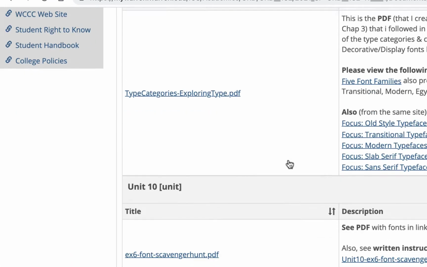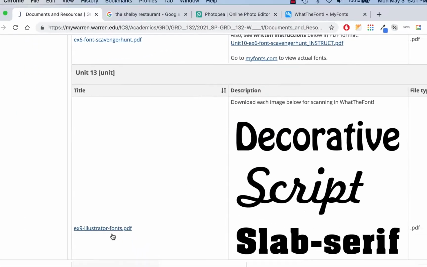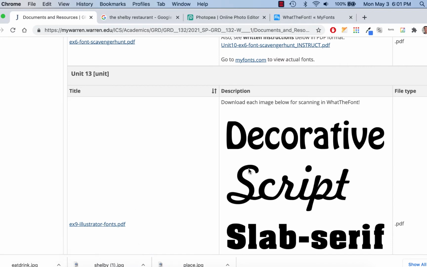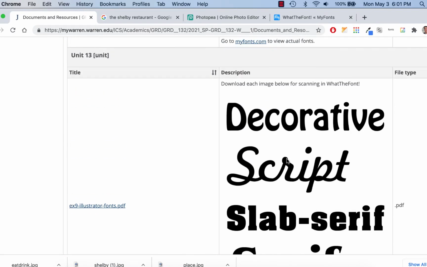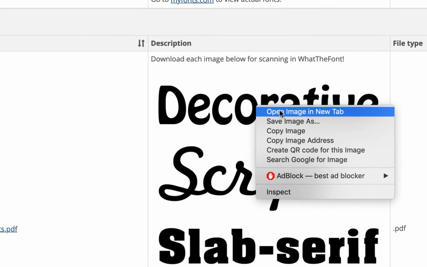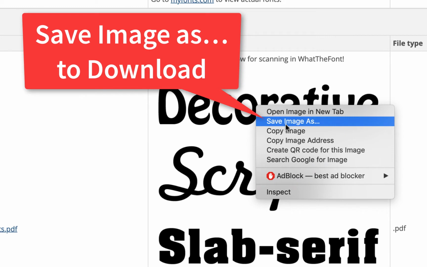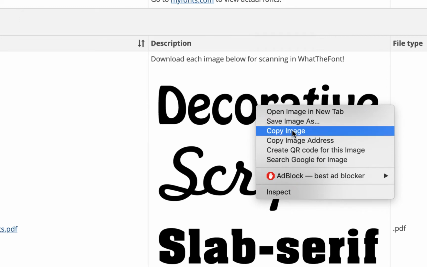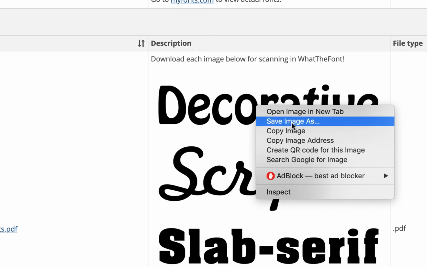Now, I'll probably put instructions here. I just have one sheet in here right now. That's not actually the notes, but these are the fonts. And I put them there as images, and you could just download these right from here. You could just right-click on one of these and save image as. Now, if you would copy image, you would paste it into Photopea, but you shouldn't have to do that. If you just save image as, you're just going to download it. So you're just going to save image as,